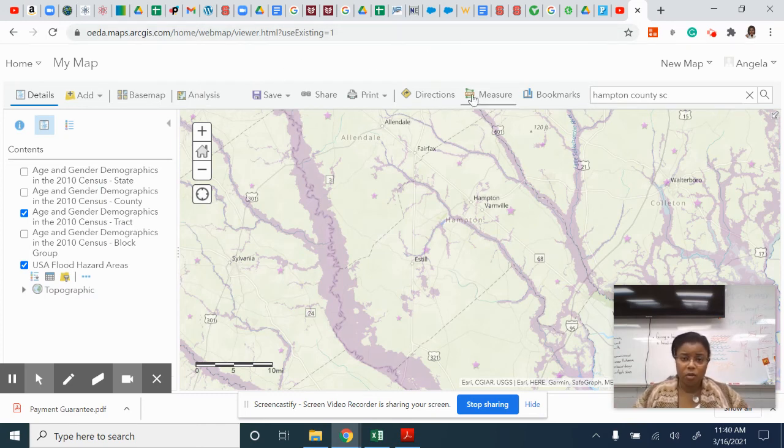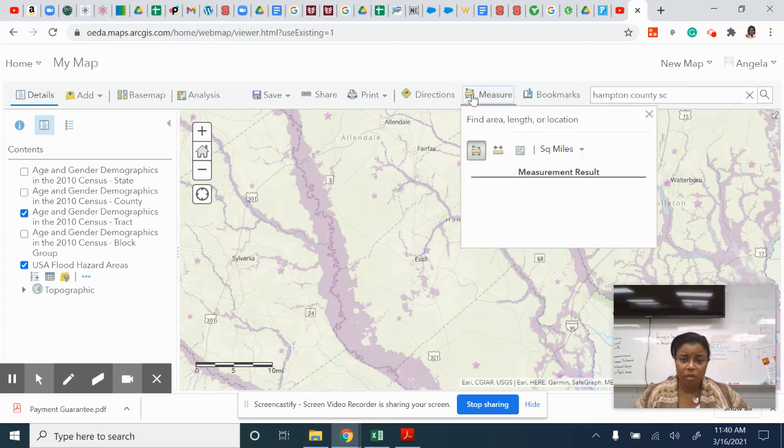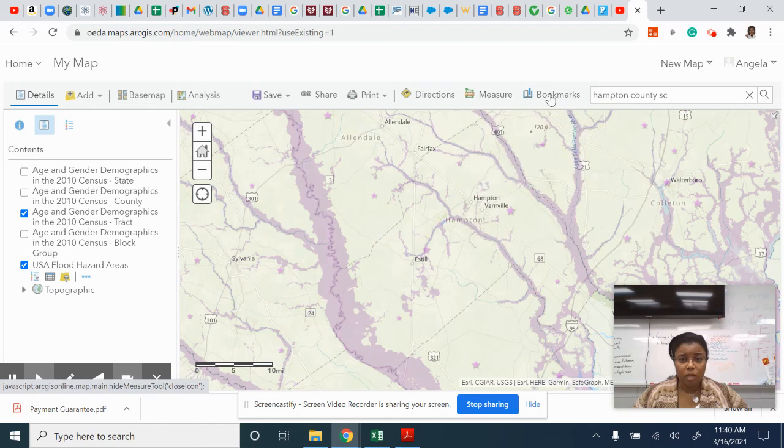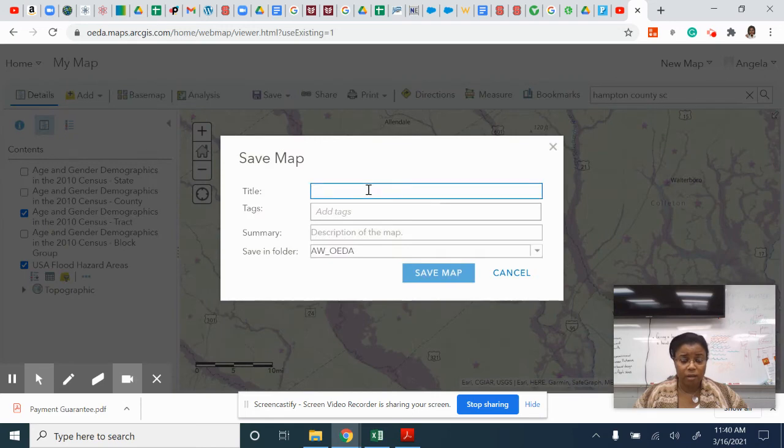You can also use the measure an area like you do on Google Maps. You could even bookmark this to come back to it. But most important, whatever data that you retrieve from this system, it's important that you save it. So you're going to say save as. And I'm just going to say Hampton County, South Carolina